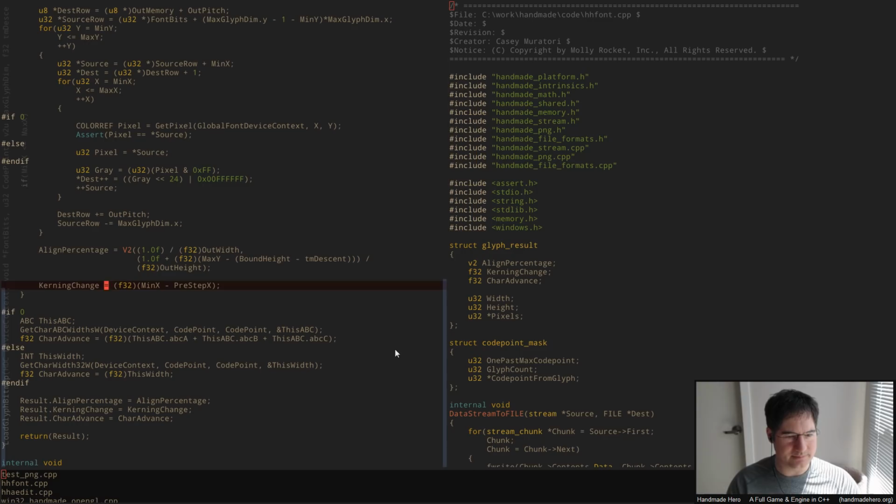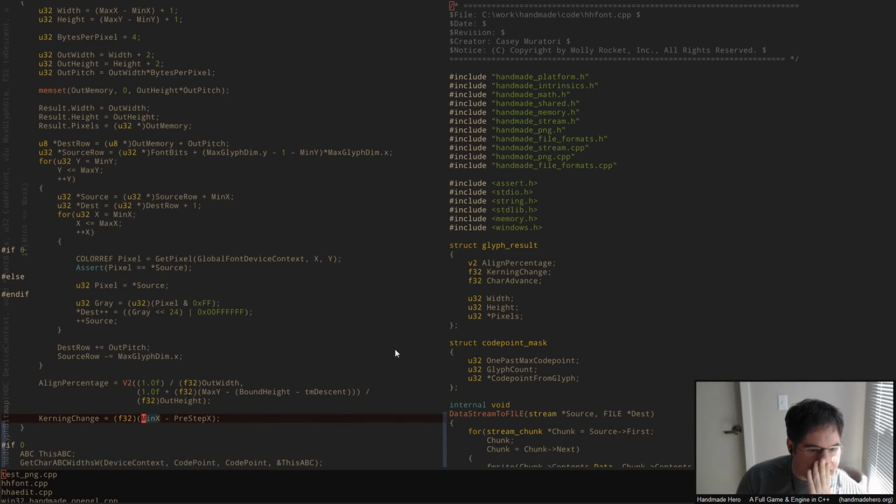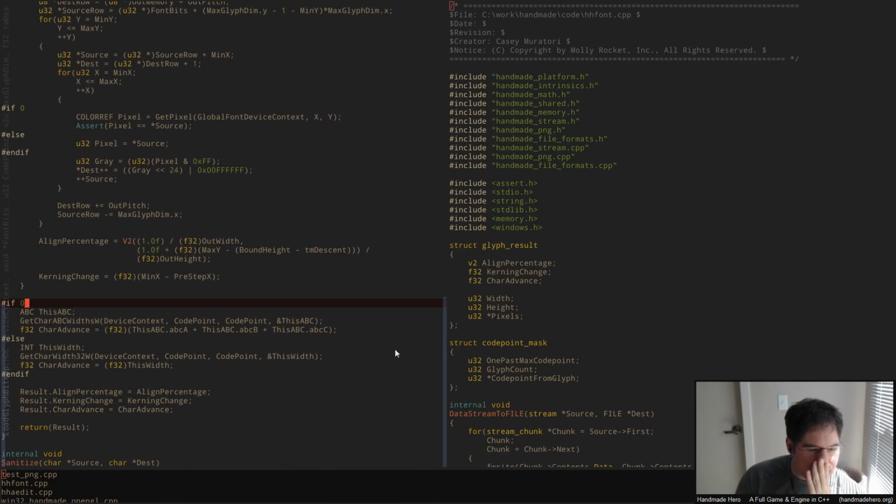Here's how that's computed, right? So what's happening there? Inside kerning change, we have pre-step X and min X. I wonder if what happened is when we use... Well, I guess we're not using any scaling, though, so that shouldn't be a problem. But anyway, let's just think it through. So if we look at min X and pre-step,